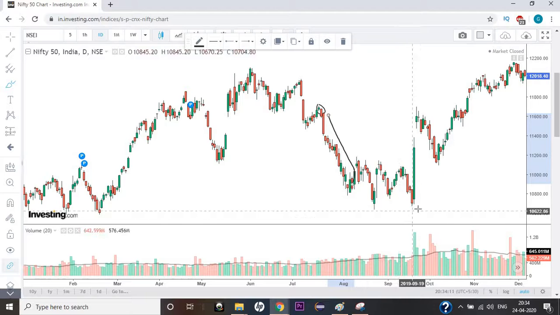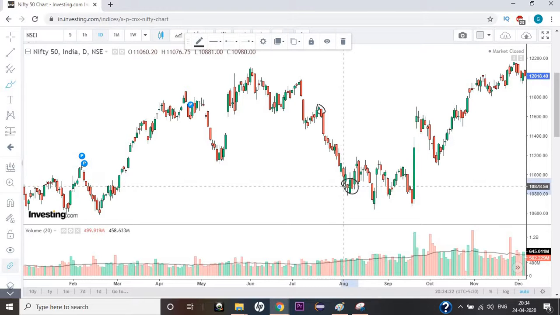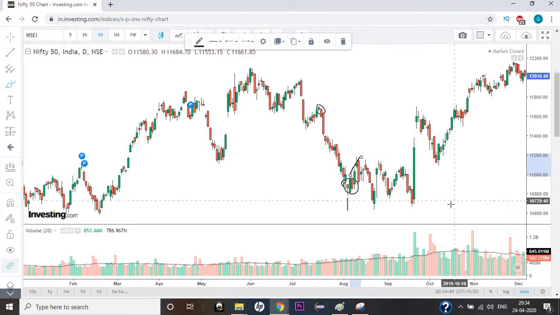Let's pick one of the examples. Okay, the next thing, I'll delete this. Also you see this, we have this red, and after that we have a green which is much bigger than red, which is engulfing it. So if I'm in a short position, I should exit it, or if I want to buy a position for the upward trend, I see an engulfing pattern and I should have predicted that the market will go up and I should buy, and then you'll get this move, a decent move, right?